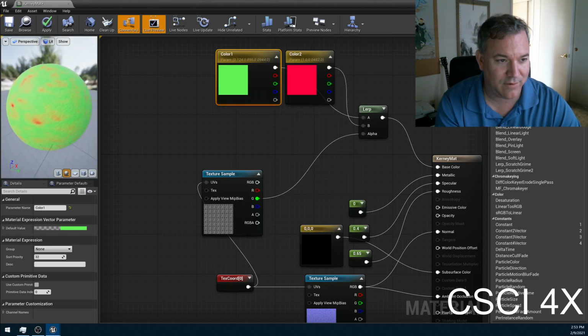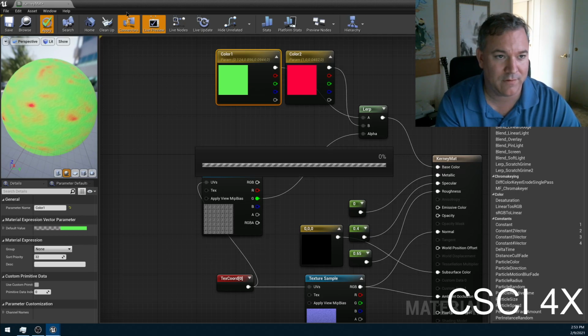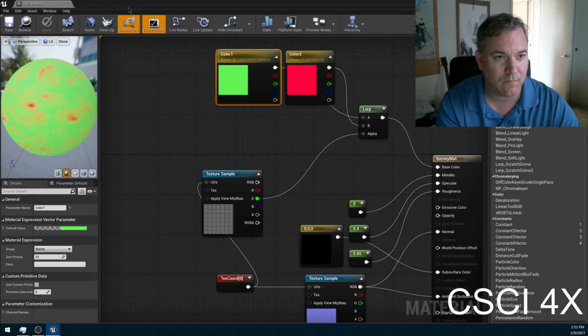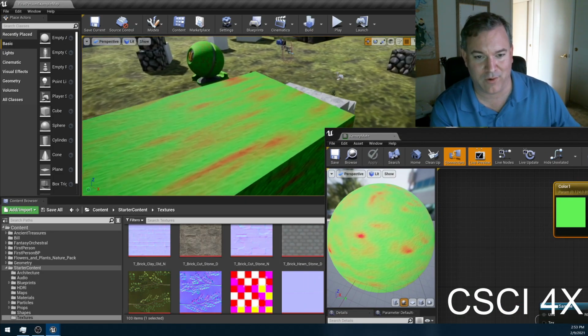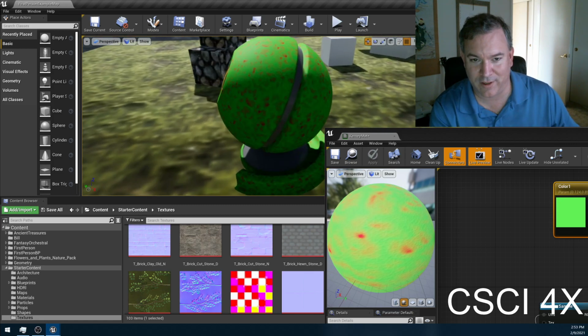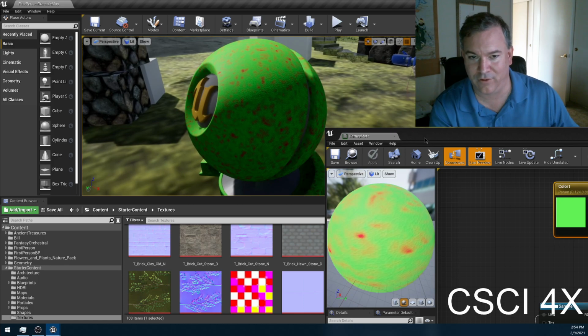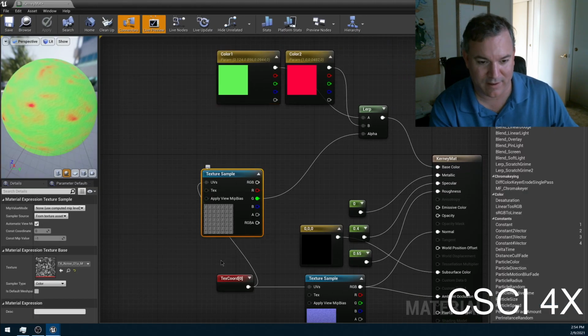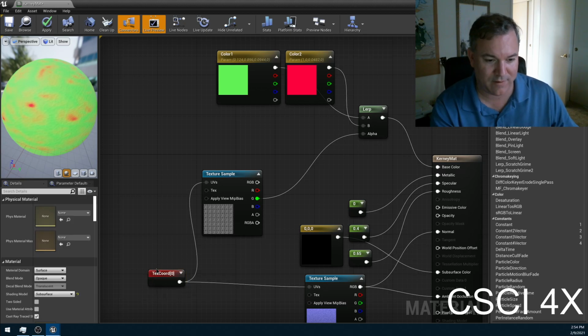And you can see how the lerp node is blending between the two of them, right? So if we apply this, you can see that our wonderful chocolate is now this garish green and red monstrosity, right? And so the lerping is done based on this texture here, and the tiling on it is controlled by this thing here. So let's make the tiling actually